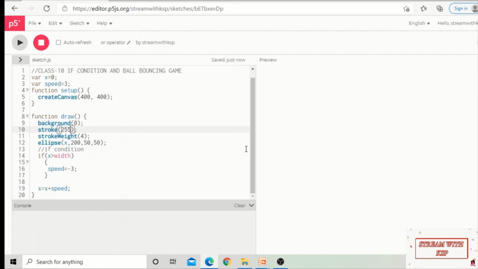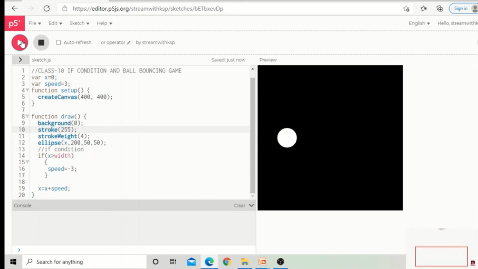Inside the if condition, we are going to give two conditions, but if any one of the conditions is true, it has to work. And here the ball bouncing is working only on one side, and now we want to make it work for the left side also. So for that, we need to use the logical OR operator. Here we have already written the condition x greater than width, but now I want to add one more condition, that is x less than 0.